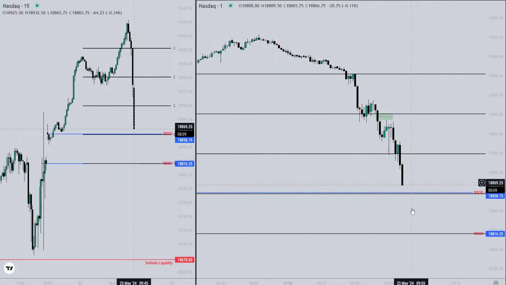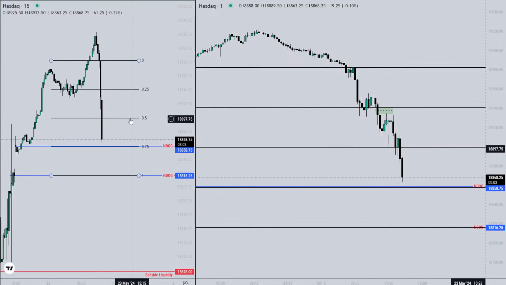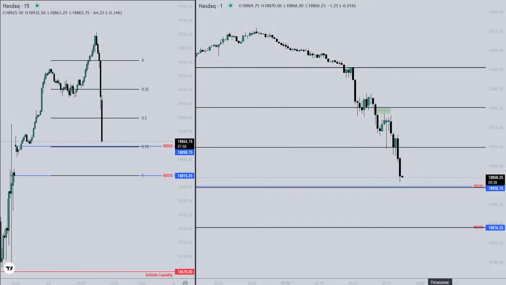So below here, I have this new day opening gap. I will see how this new day opening gap reacts. The 50% of the opening gap has broken already. We are in the 9:50 macro, but remember we have news around 10. So yeah,